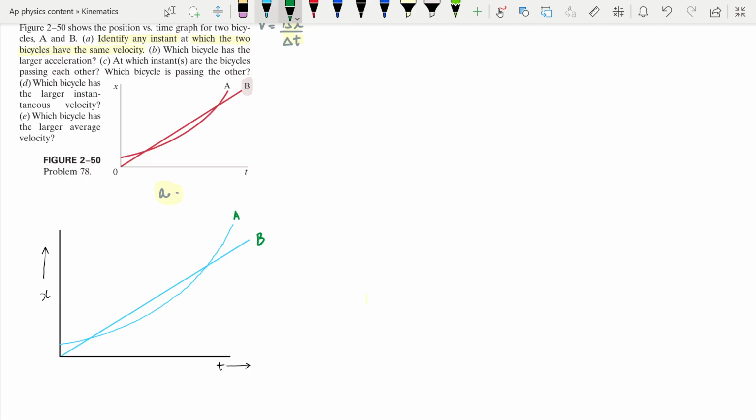Now remember that if the graph is a straight line, then the slope of that line is the velocity. If it is moving along the x-axis, we can say Vx is constant. It's a very important point that it's constant, and if it is constant, it means that acceleration is not produced for the bicycle B. Okay, but A is showing us a curved graph, and for this curved graph it means that velocity